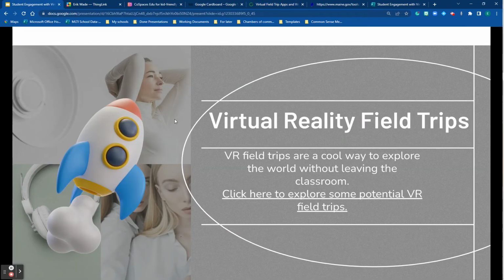And field trips using VR are really fantastic. Even if you have like 2 or 3 sets of VR goggles, you can set up stations and have students work through the stations and come up and experience it. If you have a class set, then